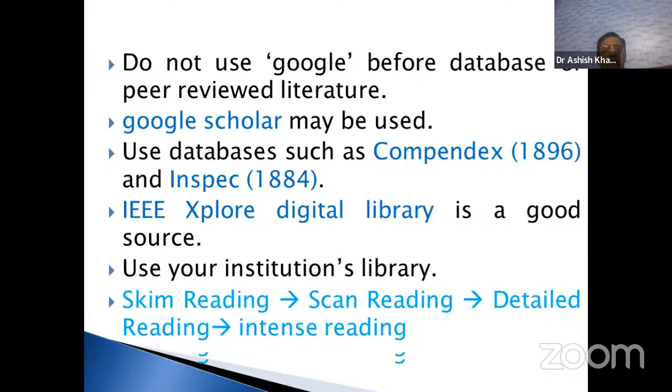Okay, there are other databases like Inspec, IEEE Xplore Library, Springer, and ACM. Everyone has their own libraries, and you can look for the universities where the subscription is available. Another place from where you can download, although that is not considered ethical, is Sci-Hub, from where you can download research papers. Most researchers from developing countries are getting their research papers from there. Okay, Sci-Hub. Although it is not ethical to get research papers this way,